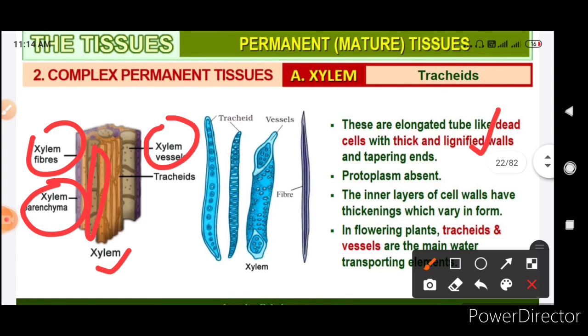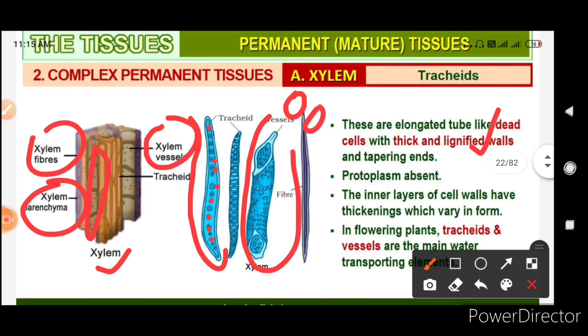Specifically, when you see the diagram of the tracheids, it will be these tube-like structures, and these are of various forms. Here the tissue is in this form, ring form. Here it is formed in the form of pits. Okay, and this is the tube formation here. Okay, these are the vessels here. Okay, and these both are the tracheids.